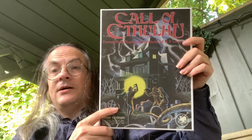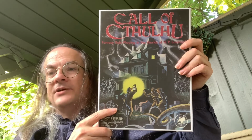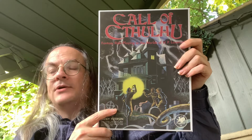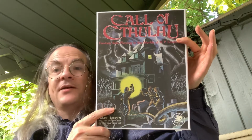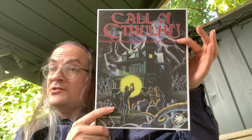But this is a lovely package, really, a mixture of historical interest, and also it's still playable. You can still bring all this to the table, with a bit of preparation, and you'll be playing some of the classic campaigns and scenarios once again, or possibly for the first time. So yes, that is the Call of Cthulhu fantasy role-playing in the worlds of H.P. Lovecraft